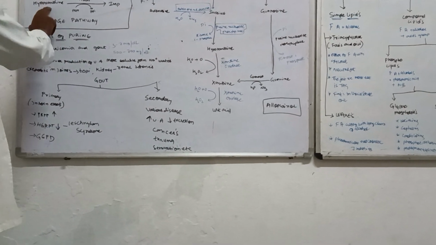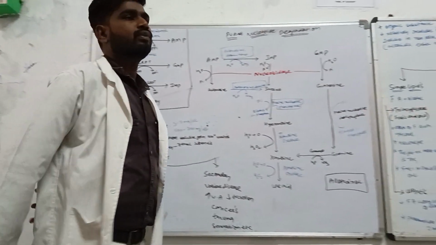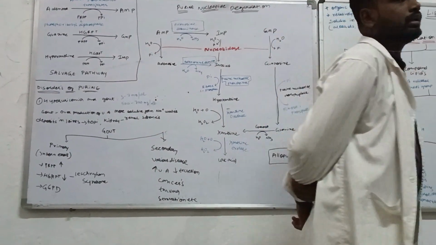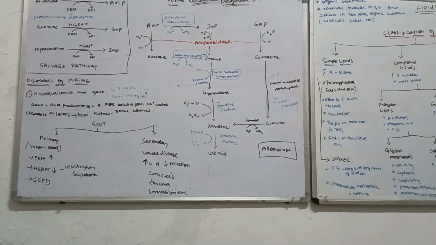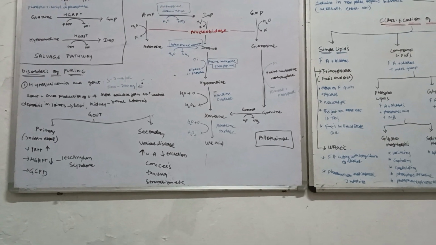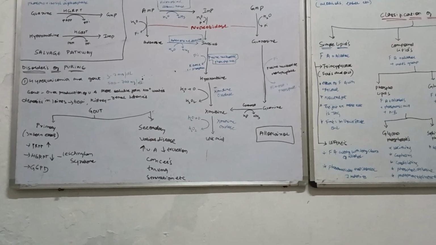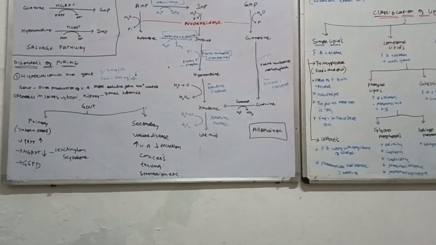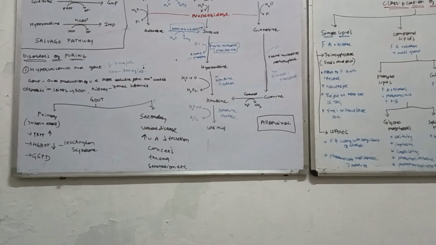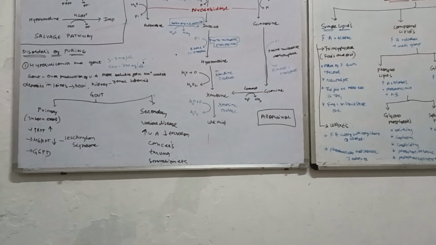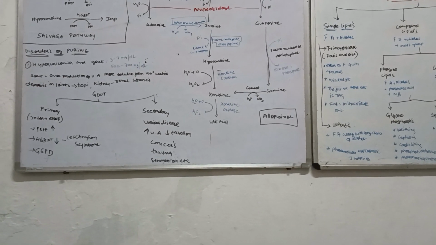as well as hypoxanthine, which is a product coming from ribose 5-phosphate. Then it is going to convert into inosine. That product pathway is going to convert hypoxanthine into inosine monophosphate. The enzyme which is responsible for that is HGRPT. And the same PRPP is donating the phosphate group to that.